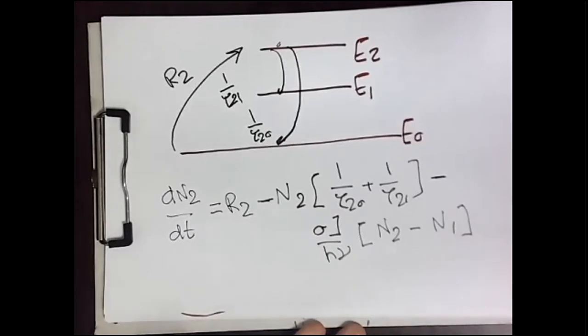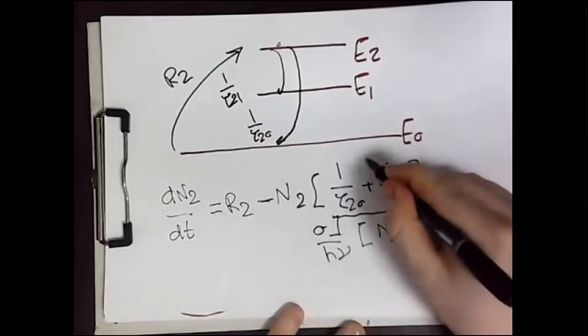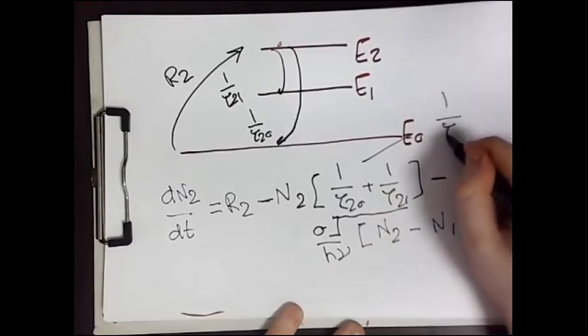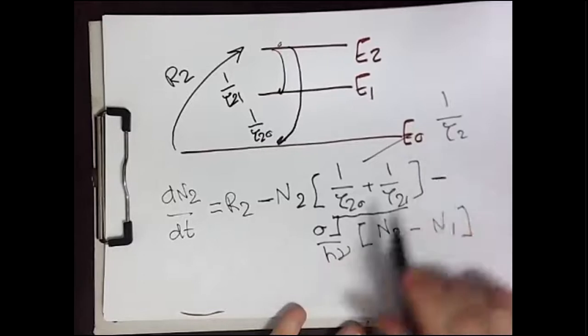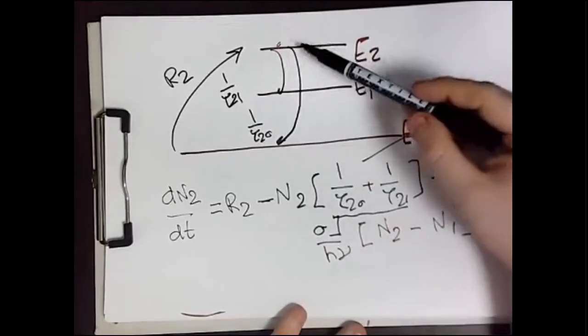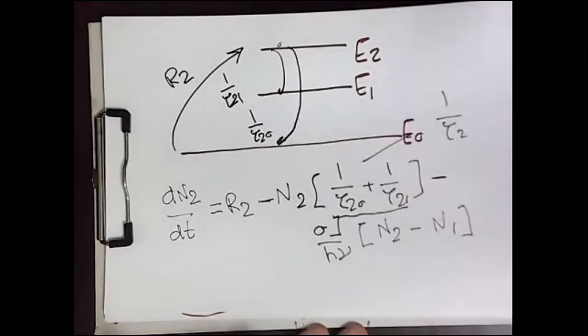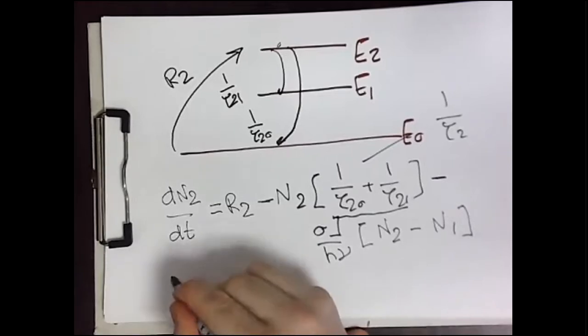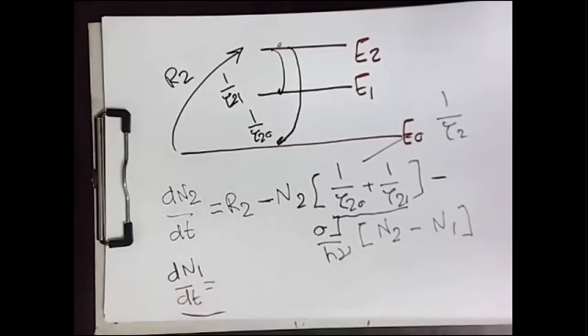Now we can write another equation for N1, but before that, we usually combine these two terms into one term, and we call it 1 over tau 2. So if you look at the equation, you will find N2 over tau 2. So tau 2 is the combination of tau 2 0 and tau 2 1, the spontaneous emission from 2 to 1 and the spontaneous emission from 2 to 0. Similarly, you can write an equation dN1 by dt, which equals